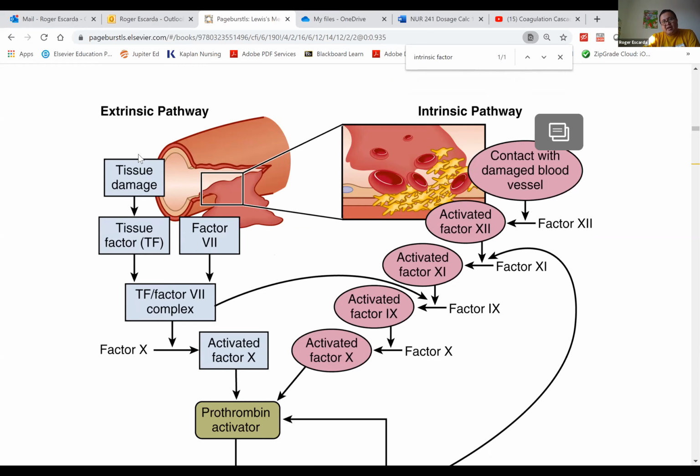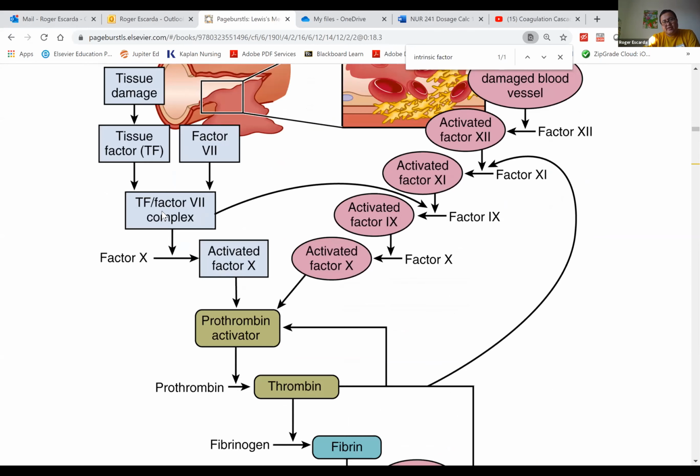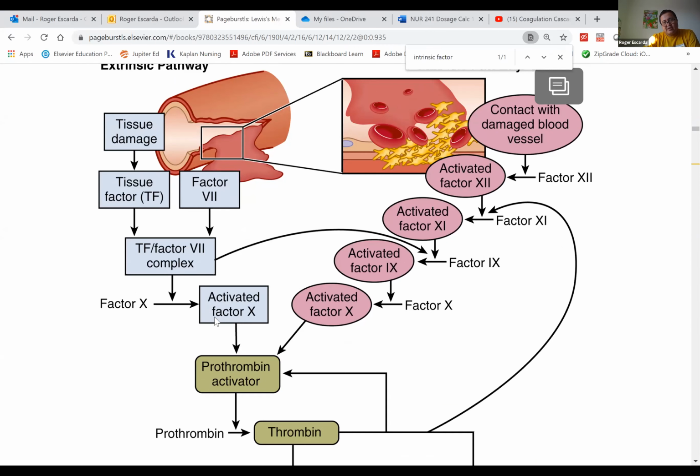The extrinsic pathway, which is shorter, as you can see here, the demonstration here is very short. It stops at factor 10. So it only has one, the injury, and then 2, 3, 4. That's it. They form a clot. Okay. So as soon as factor 10 is activated, then that will invite platelets